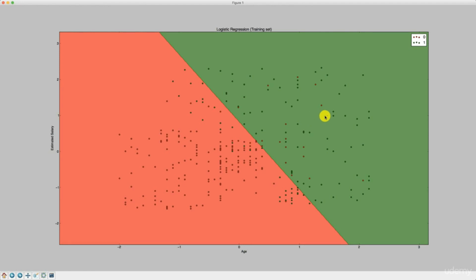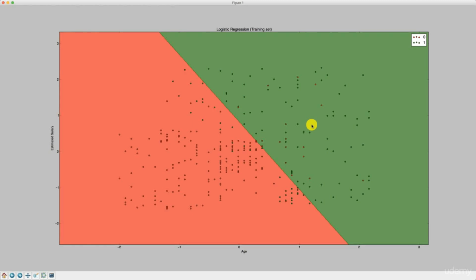So that makes an awesome tool because for each new user of the social network, our classifier, a logistic regression classifier, will tell, based on their age and estimated salary, if this user belongs to this red prediction region here and therefore doesn't buy the SUV, or if this user belongs to this green prediction region here and therefore buys the SUV. And that way, this business client car company can substantially optimize their marketing campaign by targeting the social network ads to the users in the green region, because these are the users that are predicted to buy the SUV